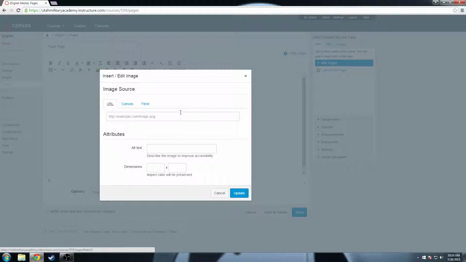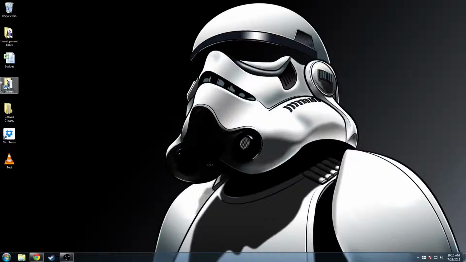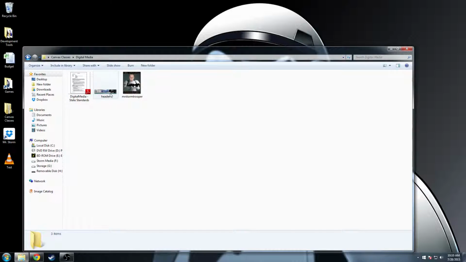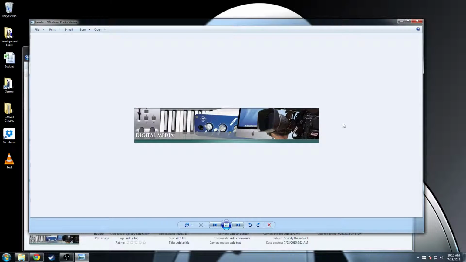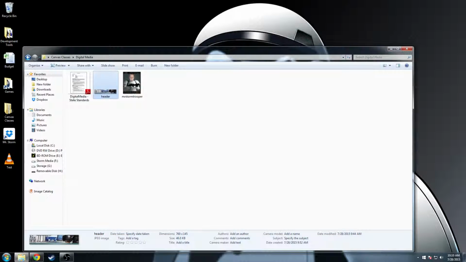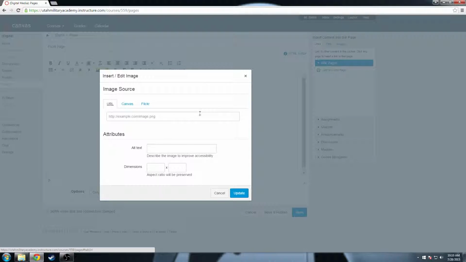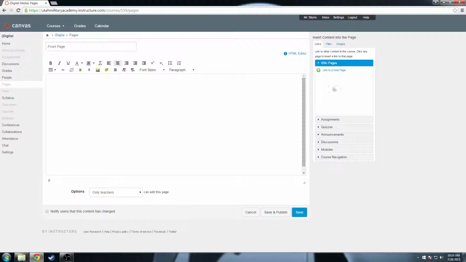But my header file is a file that I have created on my own. I've created it in Photoshop, and it's right here. This is my header file that I want to use, but I don't know how to get to it and how to load it from Canvas. Well, the solution is I have to upload that image into Canvas, into the files for my Canvas course, for